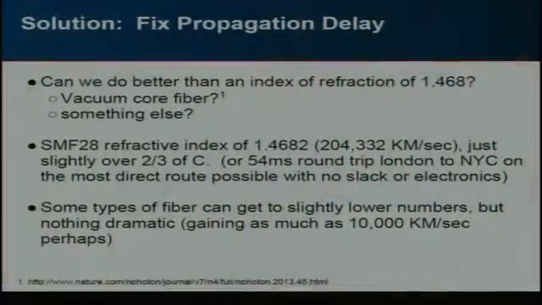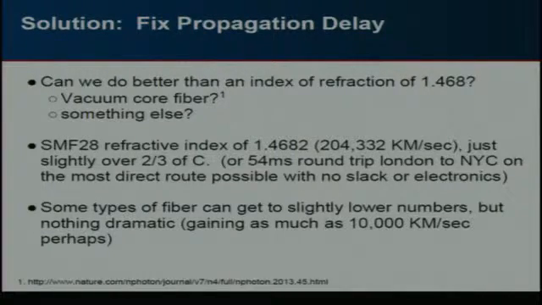Okay, and then, of course, I started nerding out on this when we were talking about the fiber side, and I'm like, oh, what's the standard index of refraction on this fiber? Can we do something about this? And then, well, I found this paper that's referenced here at the bottom, but there are these people that have been making fiber that has a vacuum in the core, and the loss is currently pretty terrible, but the propagation speed is like 98% of the speed of light in a vacuum, which would be an index of refraction of just over 1. And that makes a big difference.